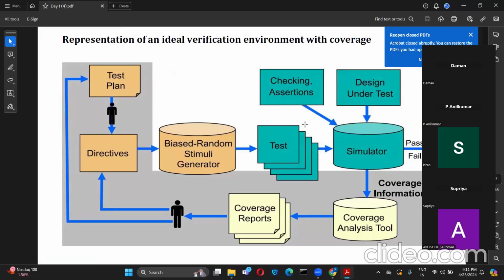No, it's not about functionality, it's about how well our design has got exercised. There should be no redundancy, no repeated code. If it is statement coverage, all lines are covered or not. If it is branch coverage, the set of statements and the set of conditions have been covered or not. Path coverage means the sequence of operations has been covered or not. FSM coverage means whether the transition from one particular state to the other state has been covered or not. All this comes under code coverage.